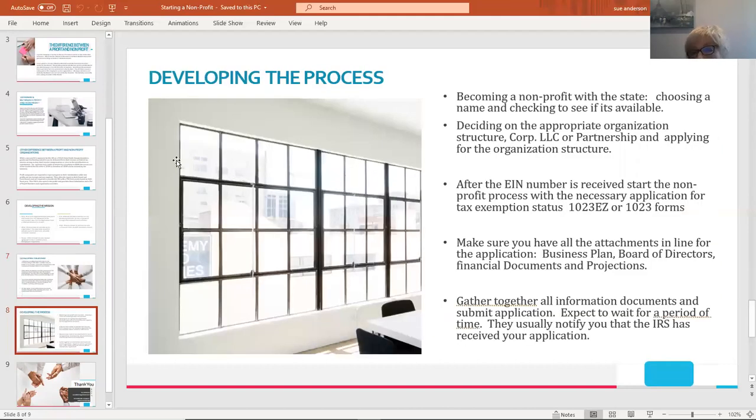I think there are a couple of other things to consider. As becoming a nonprofit, you have to check and make sure that your name is available. And again, I mentioned that as being a resource document within our website of SoCal, along with the blog, which tells you how to go through the process.